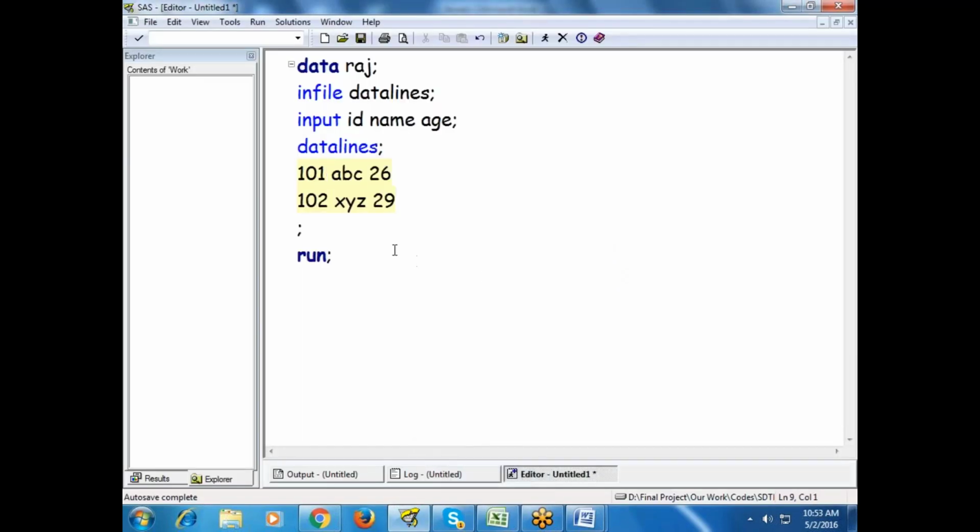Fine. So finally, in SAS we have two types of variables: one is character, the other is numeric. Numeric means this ID variable will read 101, 102.